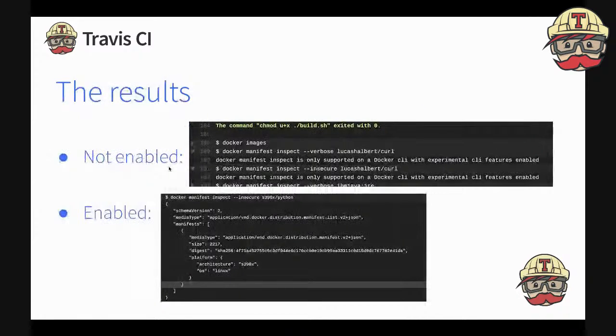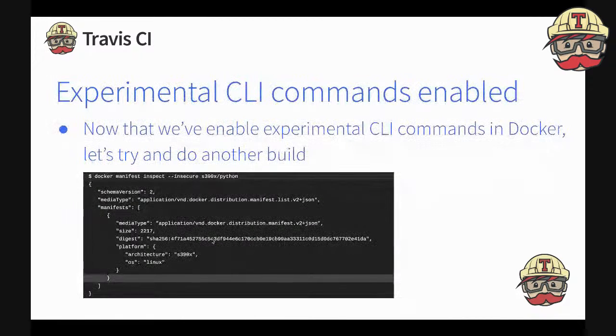For the non-enabled case, we did a manifest on curl and verbosed it. Using verbose, we see it says Docker manifest inspect is only supported on a Docker CLI with experimental CLI features enabled. Now, once it's enabled, you'll see